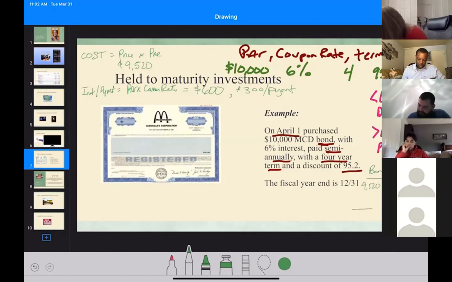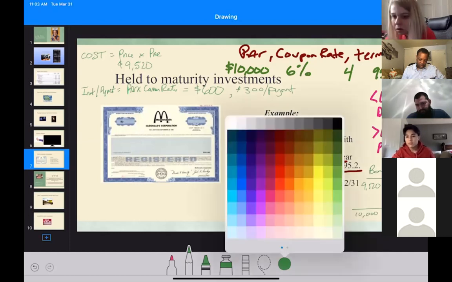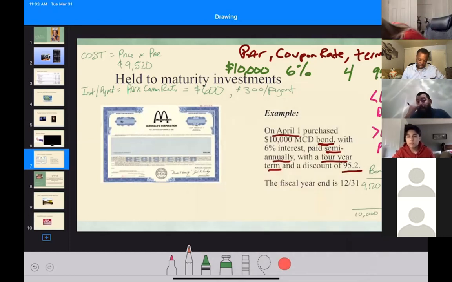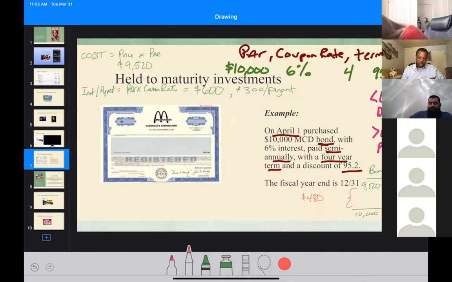And 4 years from now, when it matures, how much are we going to get back? 10,000. Yeah, the difference is 480. So the difference between this and this is $480 that we have to spread out between the number of payments,